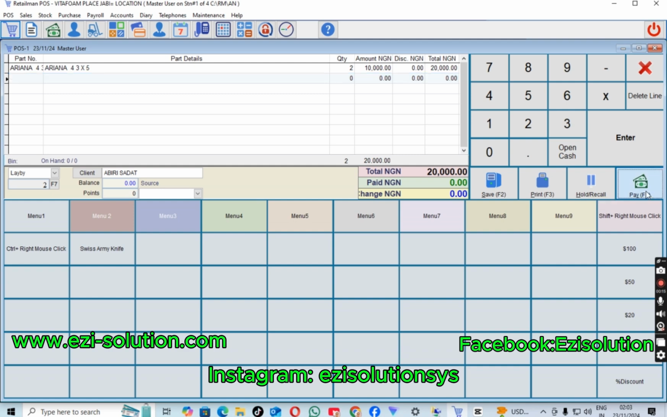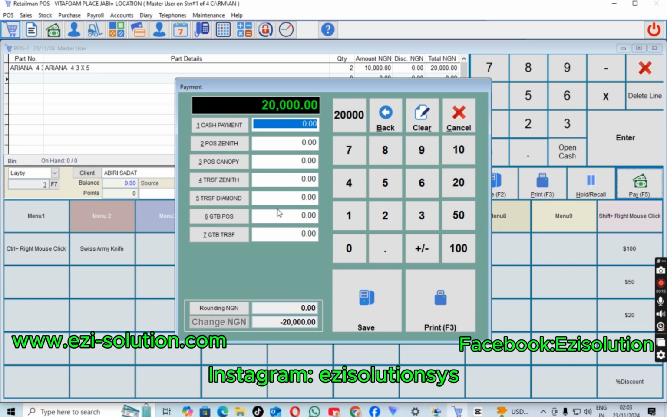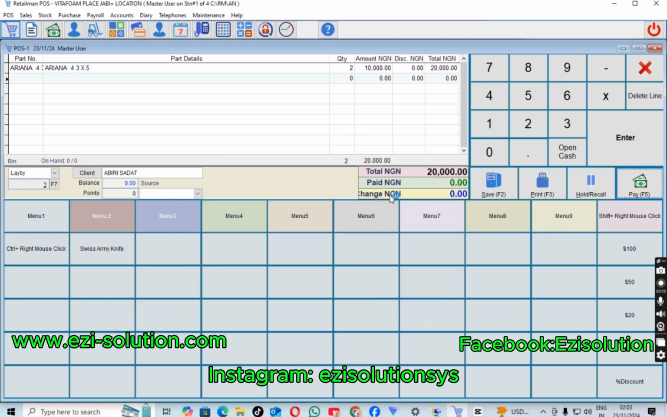Then the customer wants to pay. Remember, we have changed this to Layby. Then we click here and the customer wants to pay. He's paying 5,000 first as an initial payment. Then now we are printing the receipt. If we print this receipt,